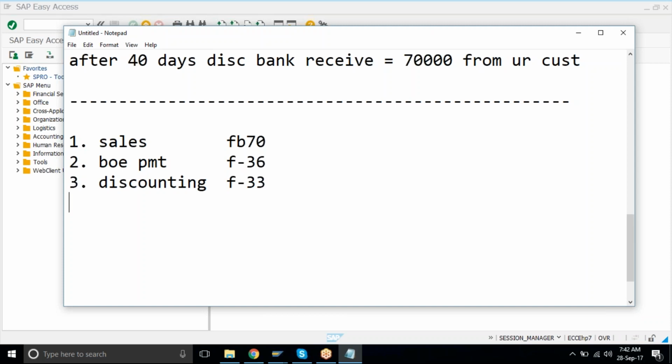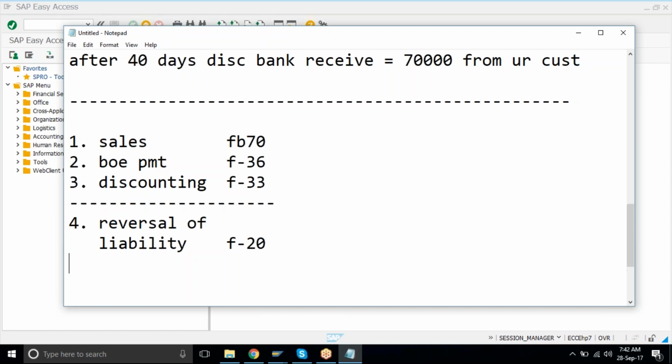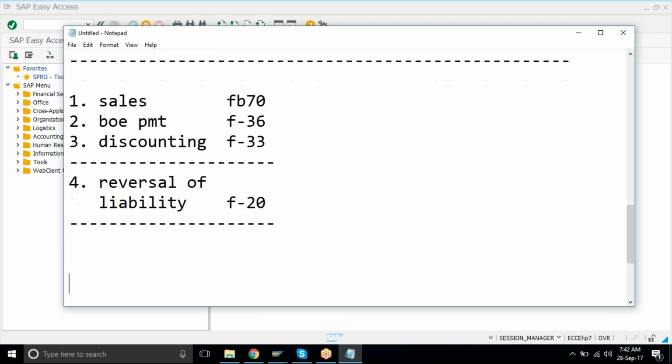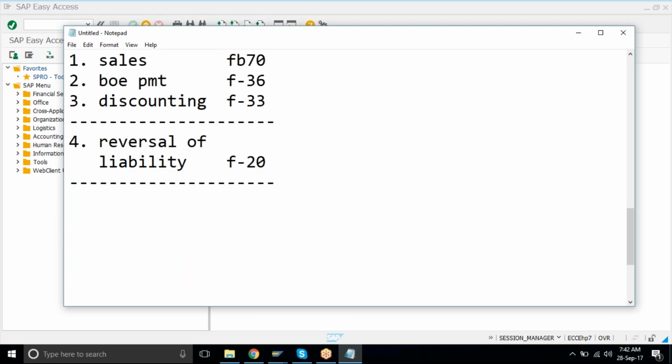And once the process gets completed, then the fourth step comes, that is called reversal of liability. This is called F-20 and then the process gets completed. Okay.